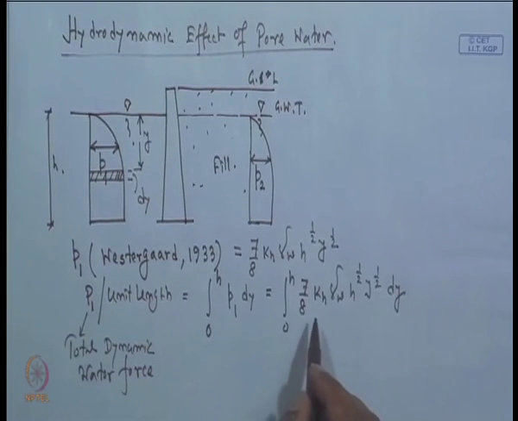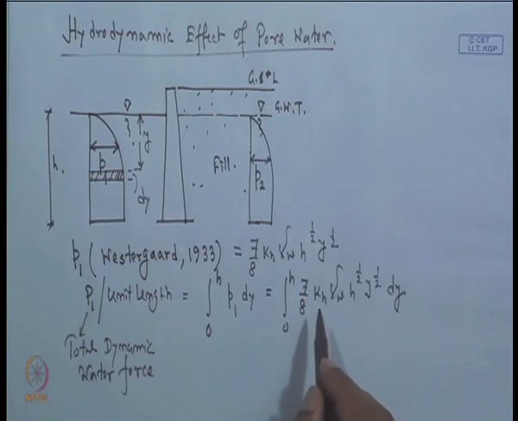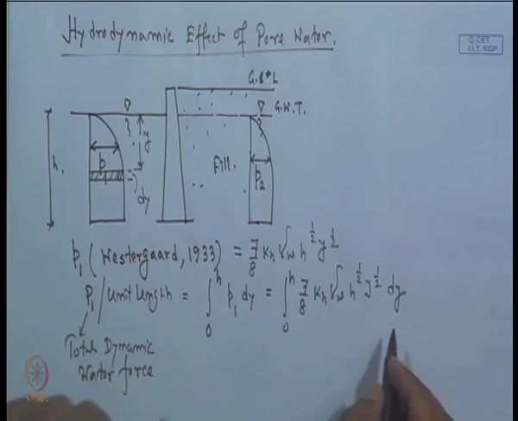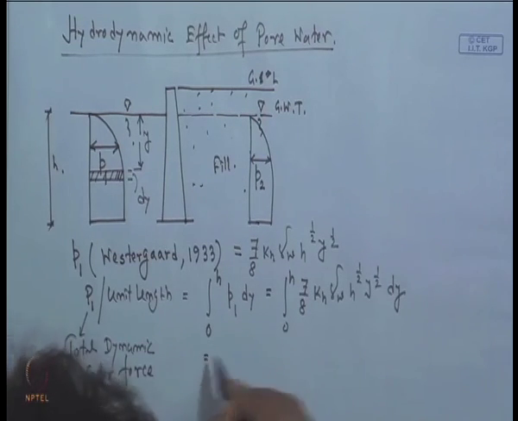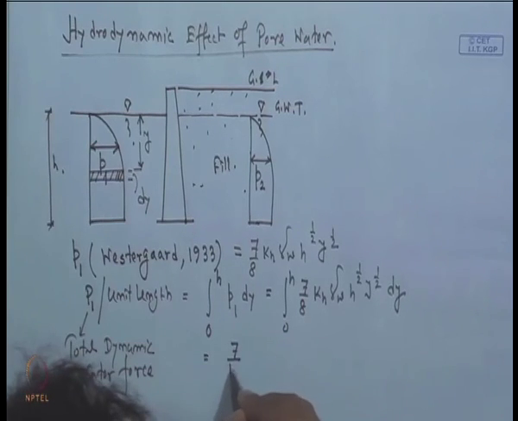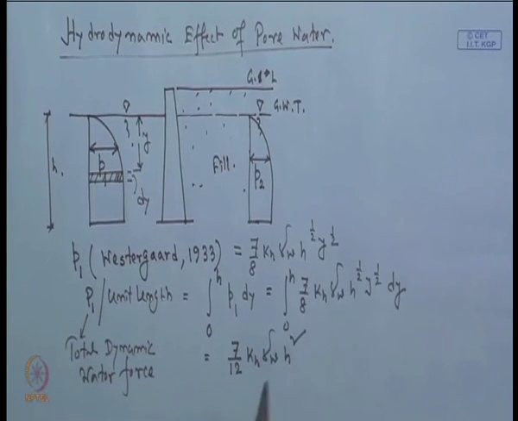So, here k h is the horizontal pseudostatic coefficient of acceleration, gamma w is the unit weight of the water, h is the height of the water level, and y is the depth of this segment from the top of the water surface, and dy is the thickness of this small element. So, once we get after integrating this value, we will get 7 by 12 into k h gamma w into h square. So, that is the total force